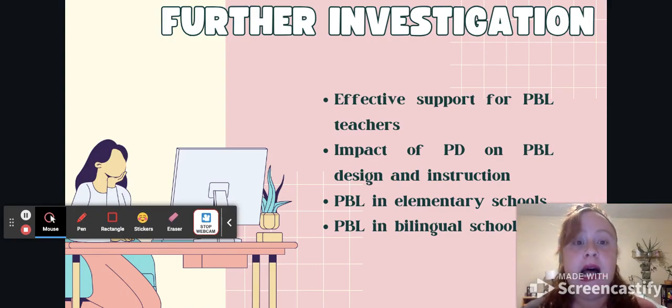And a lot of the research is also grounded in the impact of PBL on students, but not what supports teachers need and what is most effective or impactful in improving teacher PBL practice. So there's definitely a need for more research about what is going to have the most effective, impactful support for teachers implementing PBL. And specifically, I think, what kinds of professional development, because when I was doing the literature review,